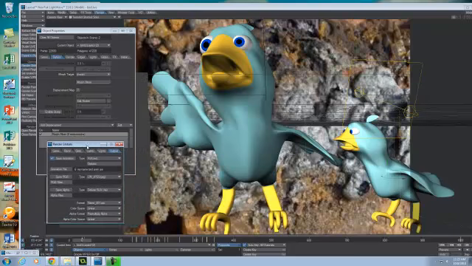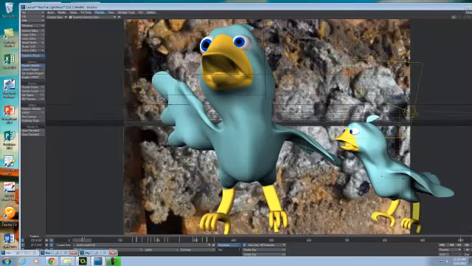Okay, so we are all set up, and we're done with this and done with this. And the last thing I'm going to do is I'm going to hit F10,